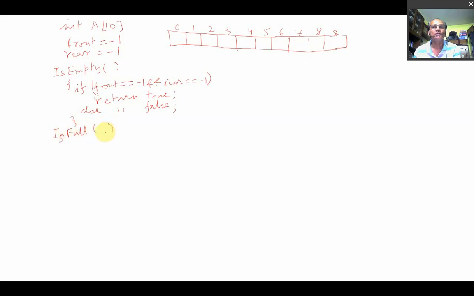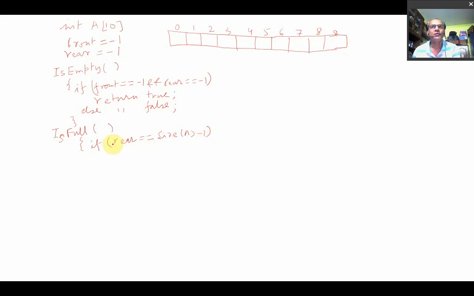Is full operation. How do you define this? Is full is, within this, if rear is equal to size of the array - 1. You see this here, as there are 10 elements, so the last address is 9. That means my size of this array is 10, 10 minus 1, the rear is size - 1.